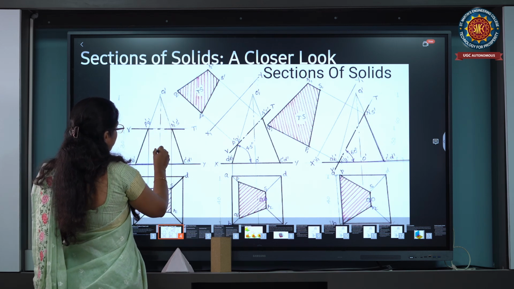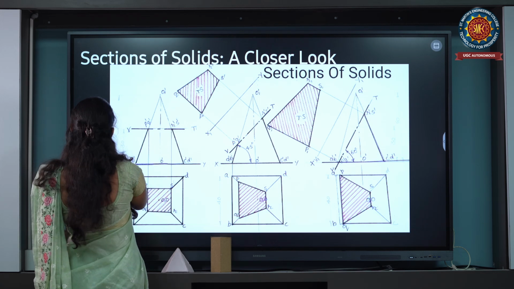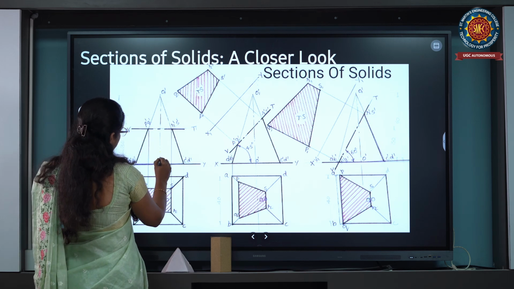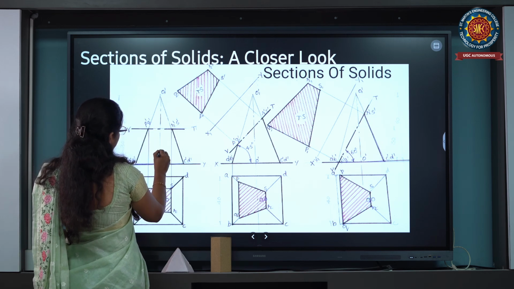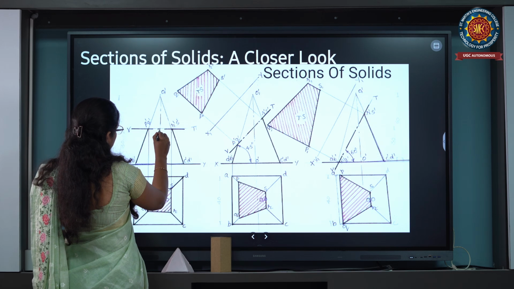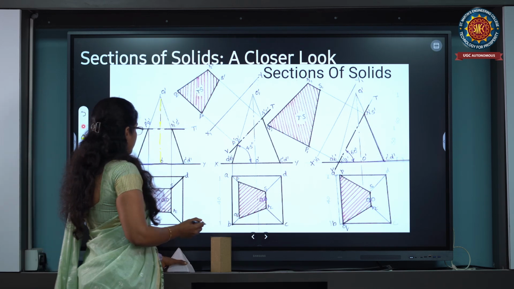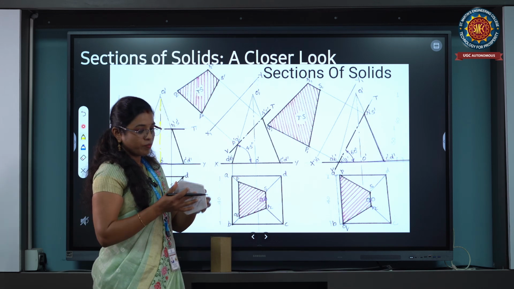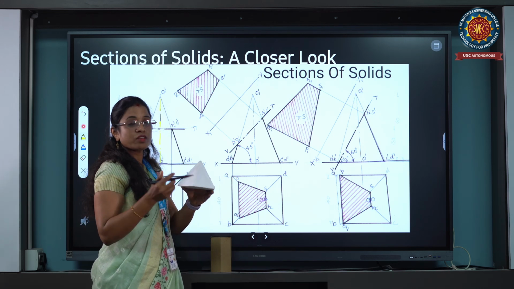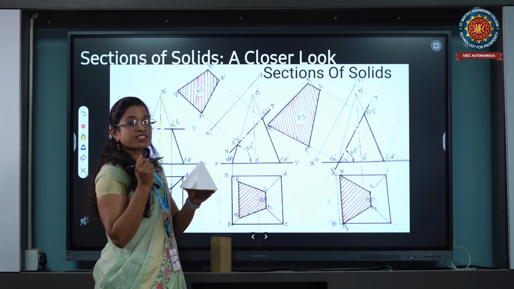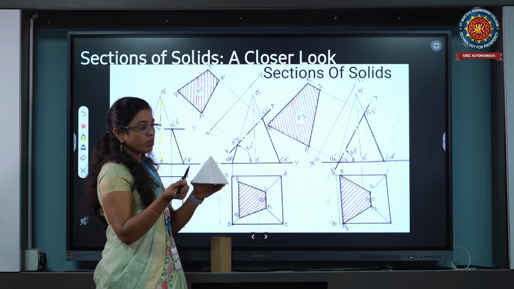Here, this one is a center line, the axis line, represented as one long dash and one short dash, like that. So all sides are meeting at a center point. Suppose this one is a pentagonal pyramid, so all sides are meeting at a center point, that is called a pyramid. So we need to draw the front view